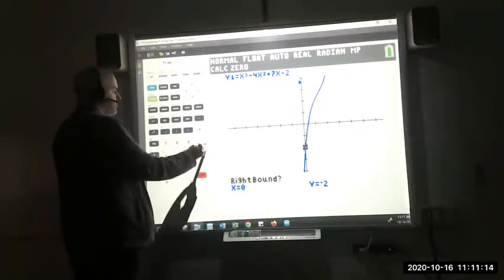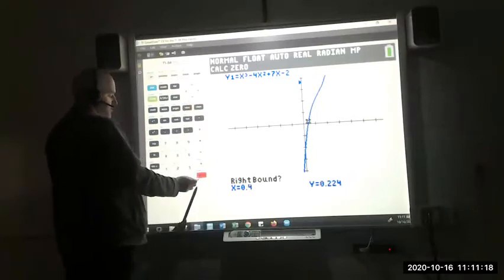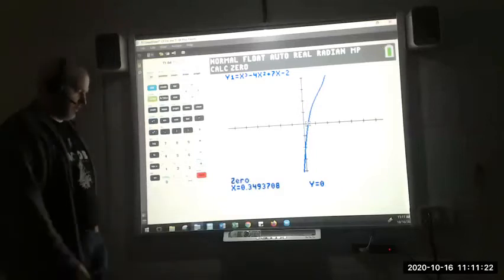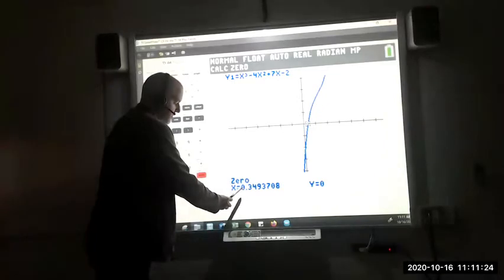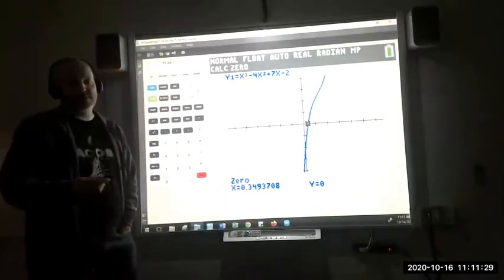Need a left bound. Need a right bound. The guess doesn't matter. Either way, you get 0.349. And you know from the study of AP Calculus that we round at 3 decimal places, so you'd write 0.349